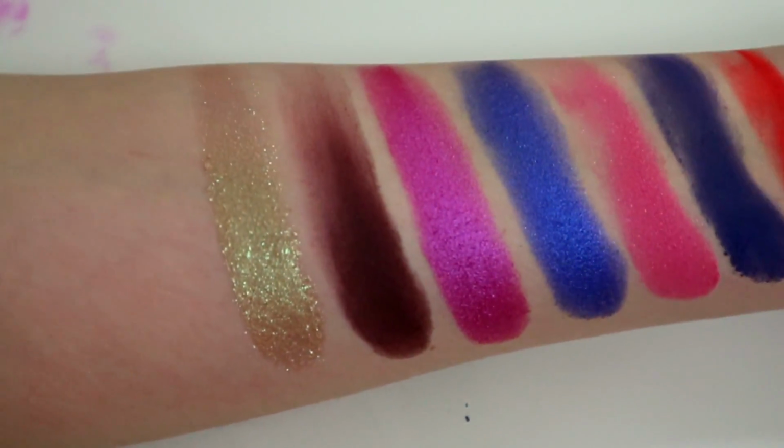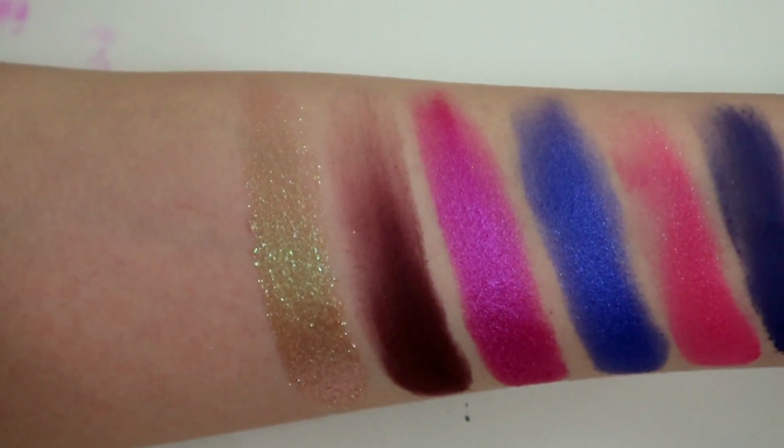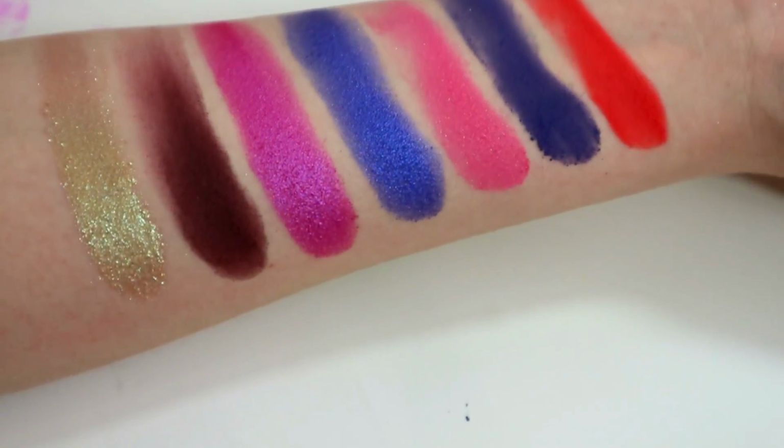I'll dim the lights just a bit, try and pick up that. Look at that. Oof, it's so lush. Look at that. What do you think? How do you like them apples? So yeah, I would say this palette is kind of a little bit of a mixed bag when it comes